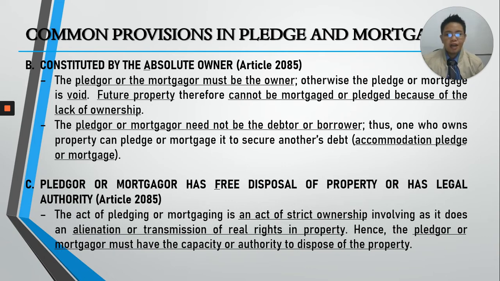So, agent lang ang pumirma ng chattel mortgage or ng pledge or whatever contract it is. But remember here that the agent is authorized to do so. So, pledge or mortgage will involve the property of the principal. The agent is authorized or empowered to pledge or mortgage the same. Because here, kung yung agent ang pumasok sa contract and he is authorized, it is actually the principal who is pledging or mortgaging his own property, except that he acts through an agent.